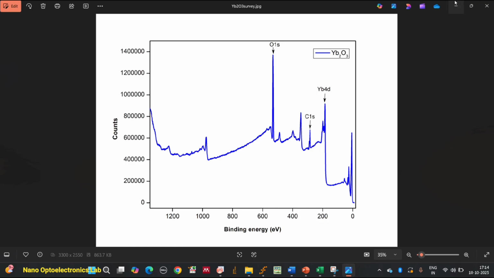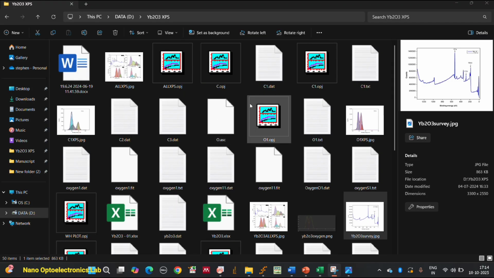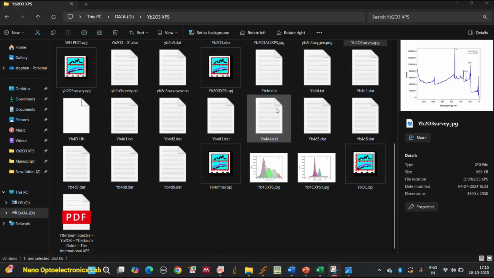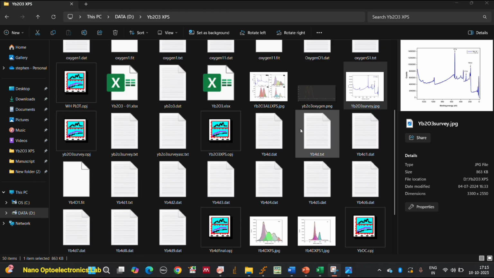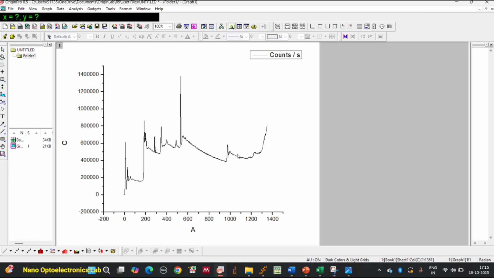So next what you are going to do is that there are three types, as I said, the carbon, the oxygen and the ytterbium. So you have to collect the three data sets like this, and you have to plot them in the Origin software, and you will get the images like this one. So you have to peak fit each one and just transfer this data into the Fityk software. Now